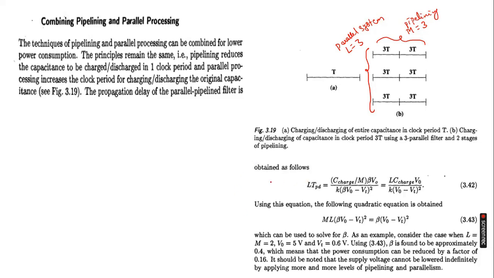So when we go with the propagation delay, okay, so it becomes C will be C by M, beta V naught divided by K into beta V naught minus Vt whole square, and L times C V naught divided by K into V naught minus Vt whole square. So all these things are there. And what we have done here,